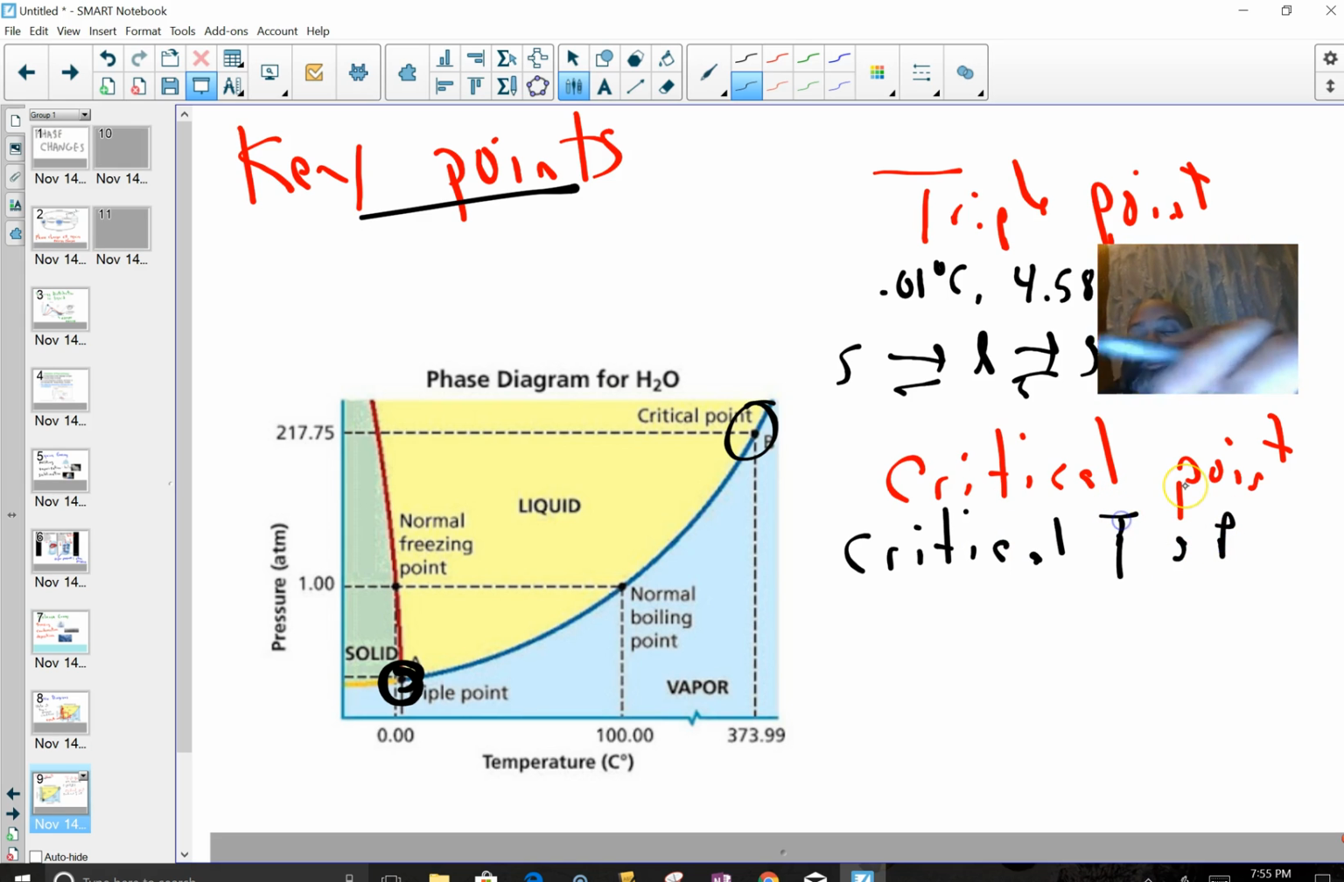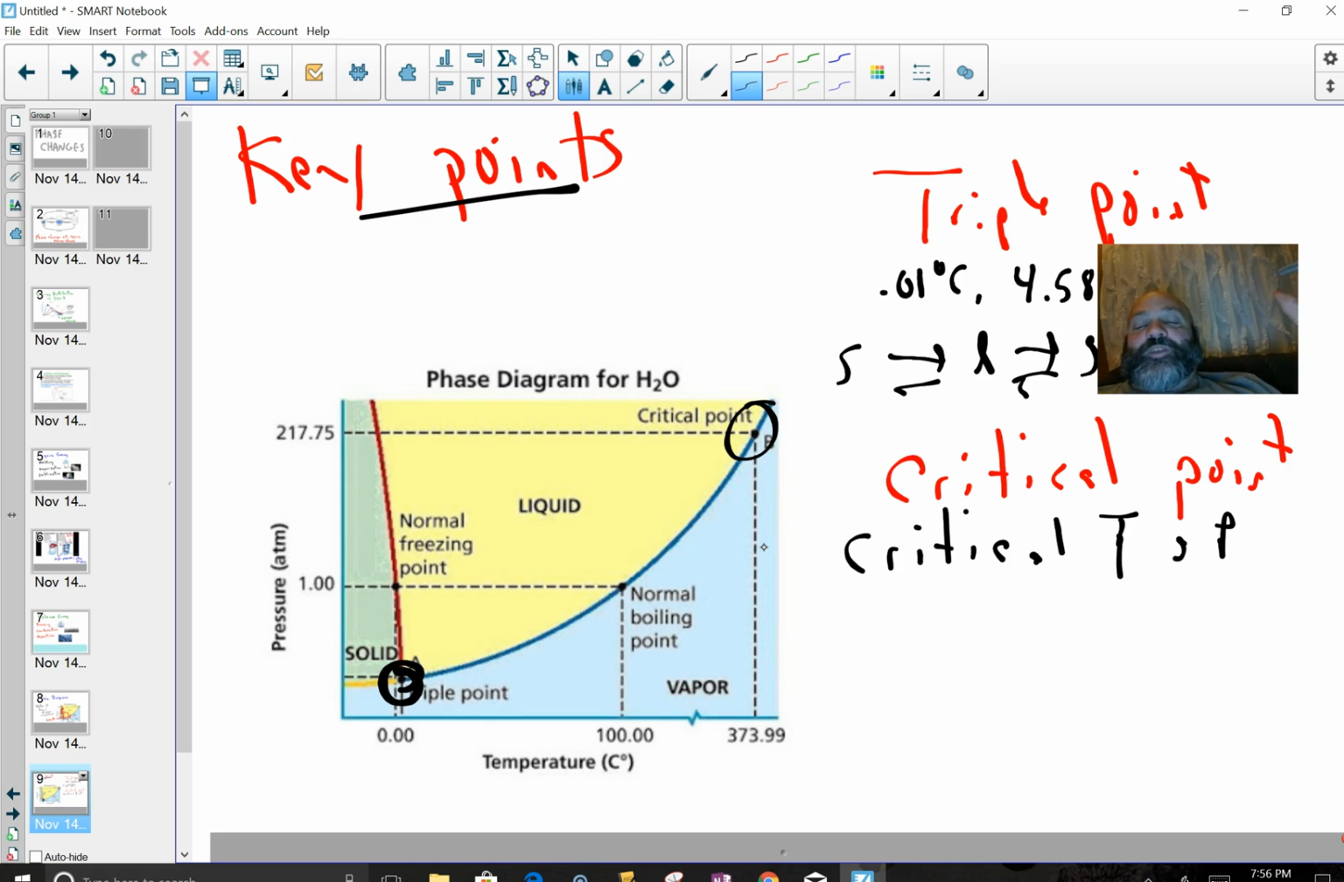Critical T and P, temperature and pressure. What that point means is that at that critical temperature, that's the highest possible temperature you can have, with an amount of pressure, the critical pressure, at which you can still change from the gaseous phase to the liquid phase. If you go above that critical temperature, for example, with water here, we're talking about